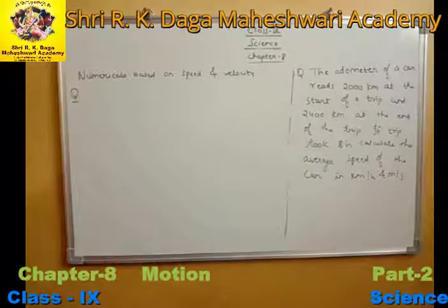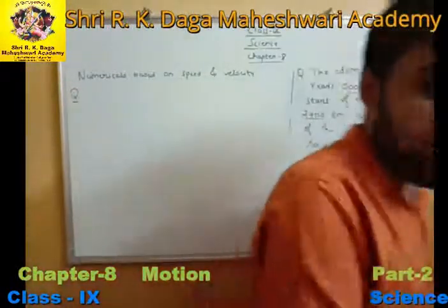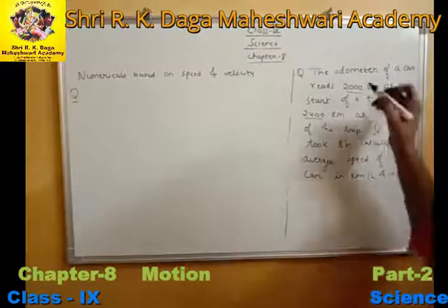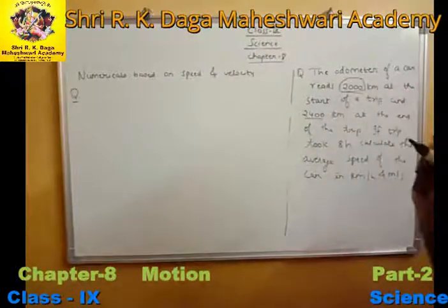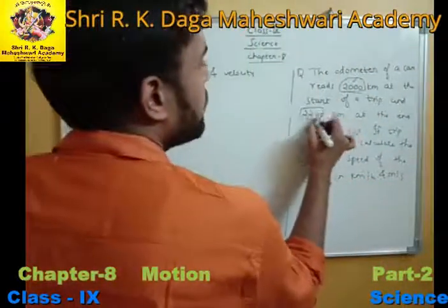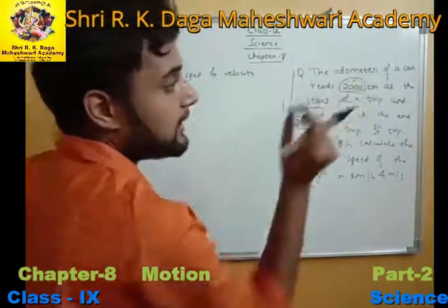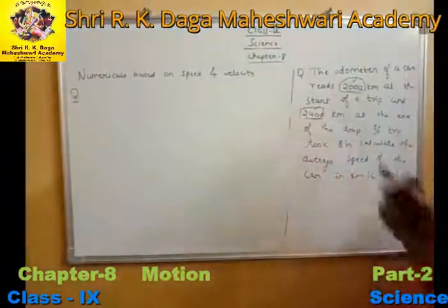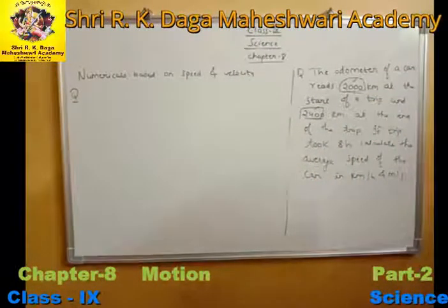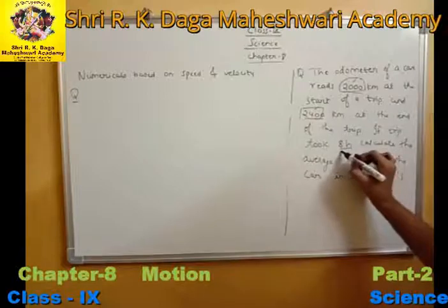The question is given to you. As we can see that the odometer of a car reads 2000 km at the start of the trip and 2400 km at the end of the trip. Okay. So you are supposed to start your journey, and at the beginning of your journey the odometer of your car is showing 2000 km, and at the end of your journey it is showing 2400 km. So the distance you have traveled is 2400 minus 2000, that is 400 km, right? The distance traveled by you will be 400 km, and the time taken by you to cover this distance is